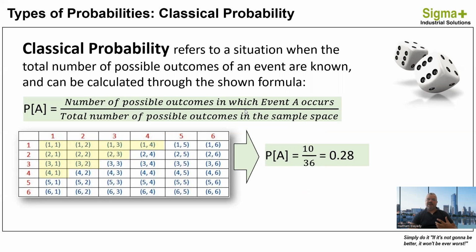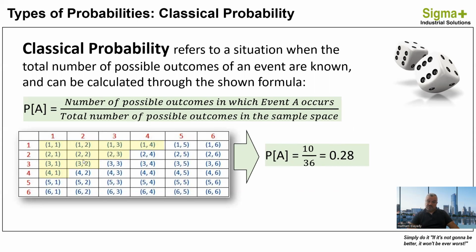This is considered a classical probability, and it can be calculated through the formula P(A), where P is short for probability and A is my event name. It is calculated by dividing the number of possible outcomes in which event A occurs by the total number of possible outcomes in the sample space. So in this condition, the probability of having a 2, 3, 4 or 5 from rolling the dice will be 10